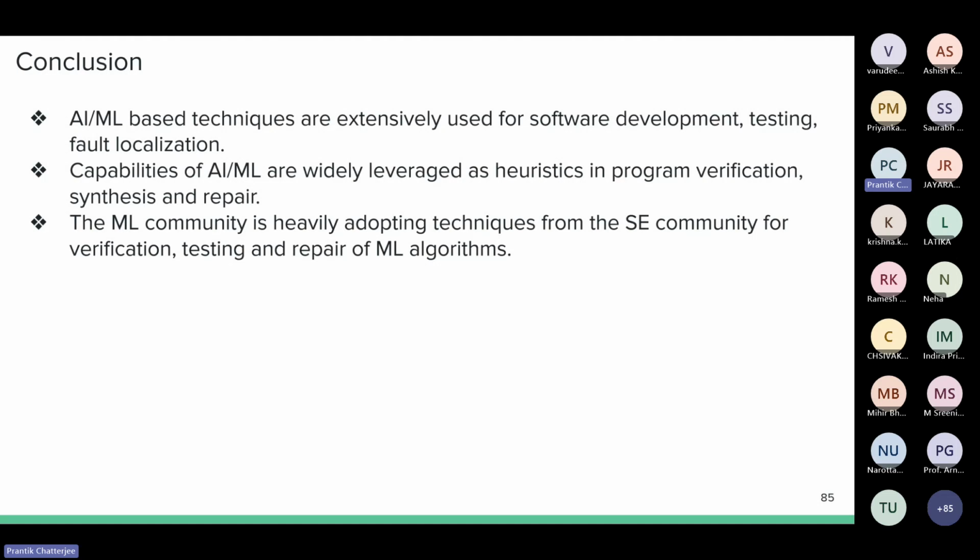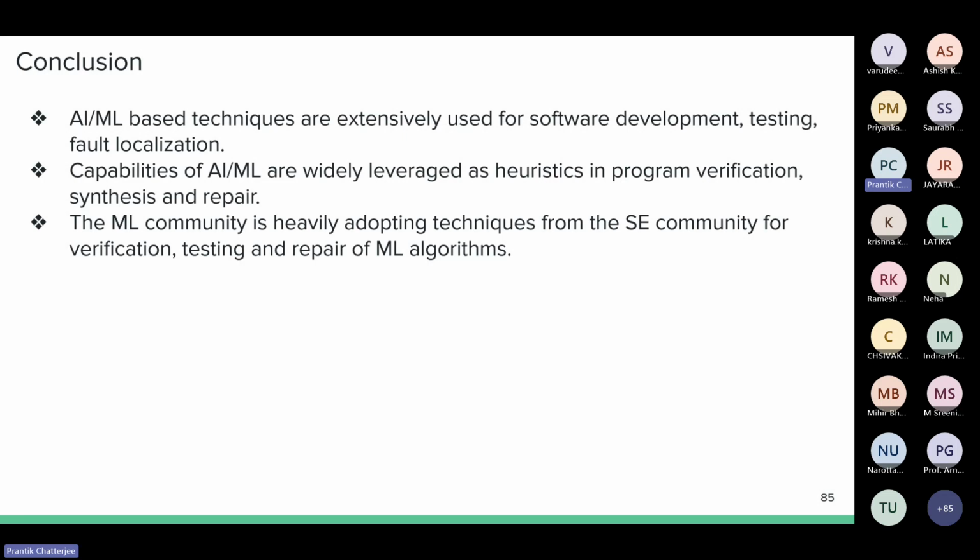In contrast, the machine learning community is also heavily adopting these software engineering techniques, verification and testing techniques, to quantify the quality of machine learning models. For instance, you know that neural networks are often susceptible to adversarial examples.